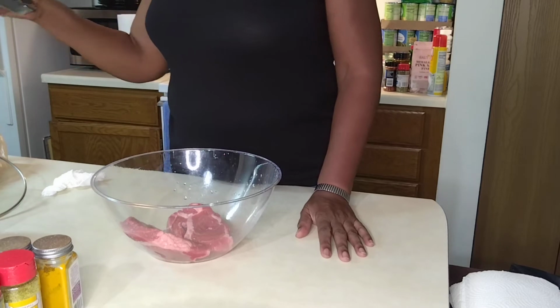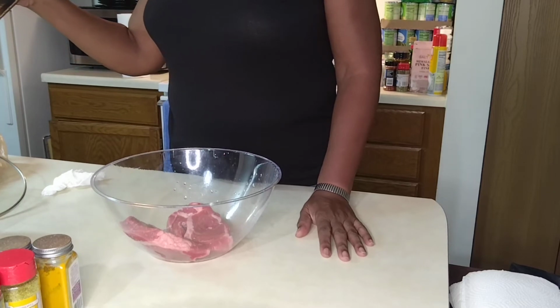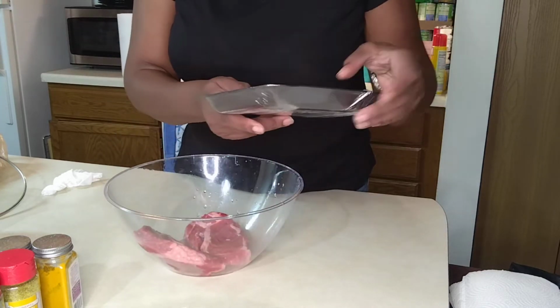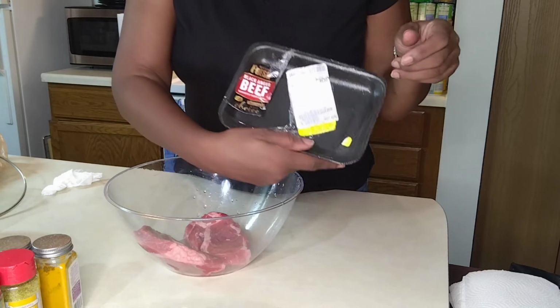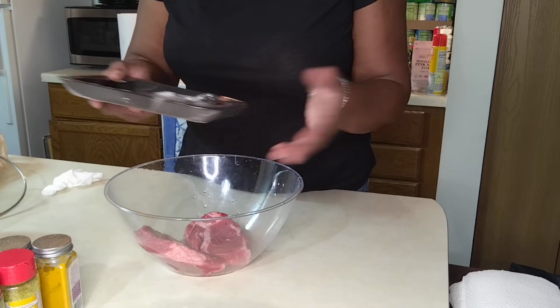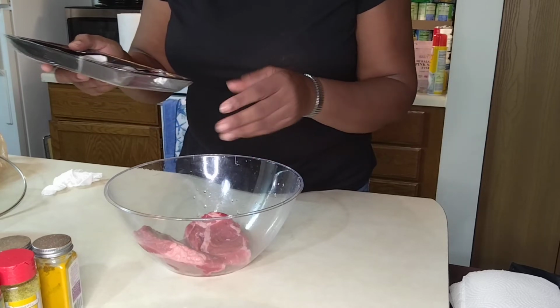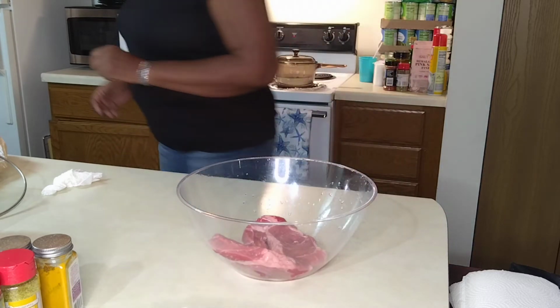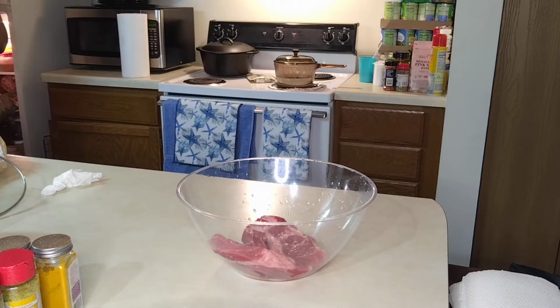We're going to prepare Choice Black Angus boneless chuck eye steak. And here it is. I picked up a couple of packs of this from Kroger. It says fresh Black Angus beef. So we're going to have this today, and